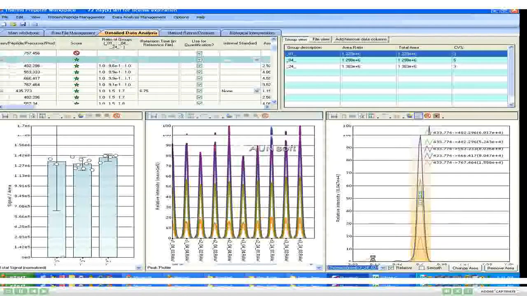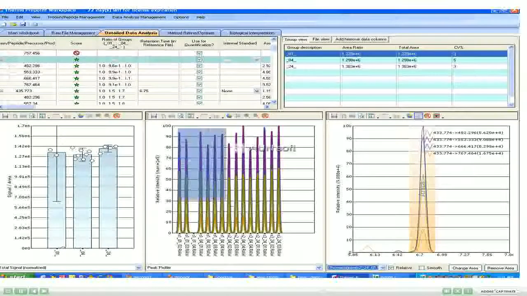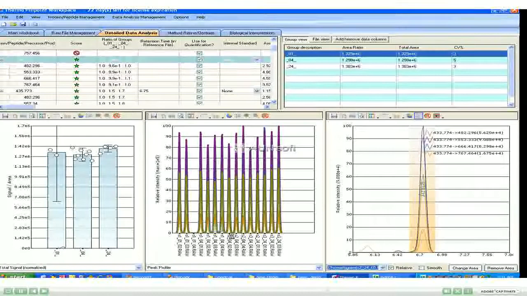The middle view is sort of our quality control view, and zooming it out, you can see all the peaks in one single view, which is very handy, especially if you have large data sets. You don't have to spend time looking at every single file. So one thing that comes out very clearly is something is not right with this particular file, and so I'll click here, and that loads this particular file,